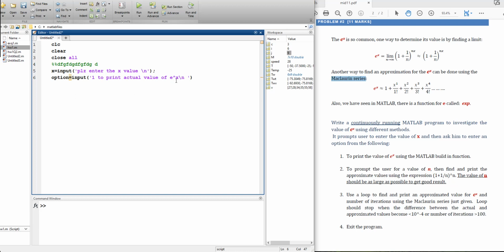If you wish, we don't show the message again here, the value again in the command window. You can print a message continuing line by line, or write them all like this. I prefer to continue like this. So here, one space, please enter, then go to the next line, one space, 1 to print the actual value. Remove the value to just make it simple, the actual of e to the power x. One space, 2